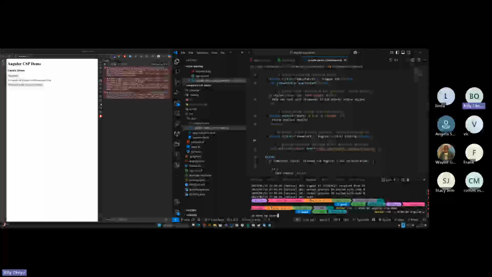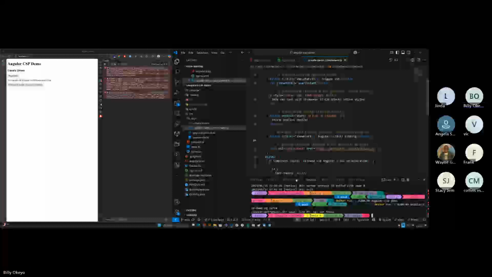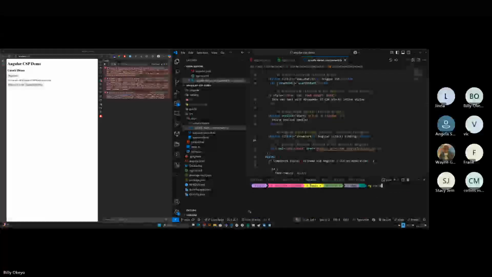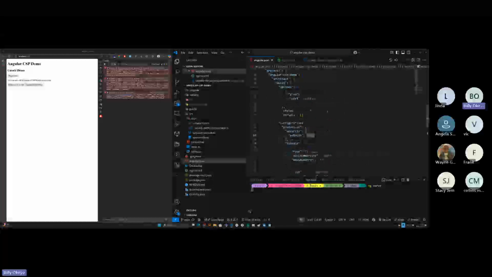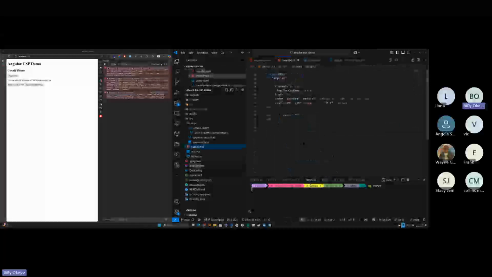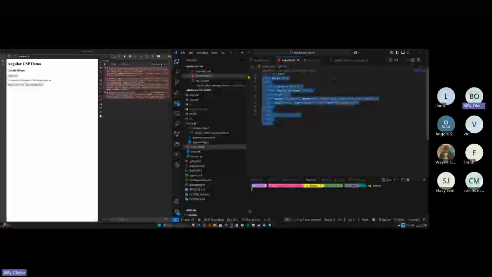So with this, we want to do the demo. Note that in my Angular JSON, as it is right now, auto CSP is false. Then in my index file, I don't have any meta tag that tries to implement the CSP. So if you run this,